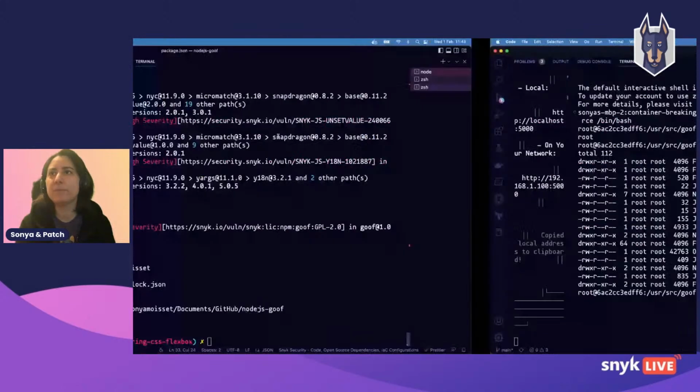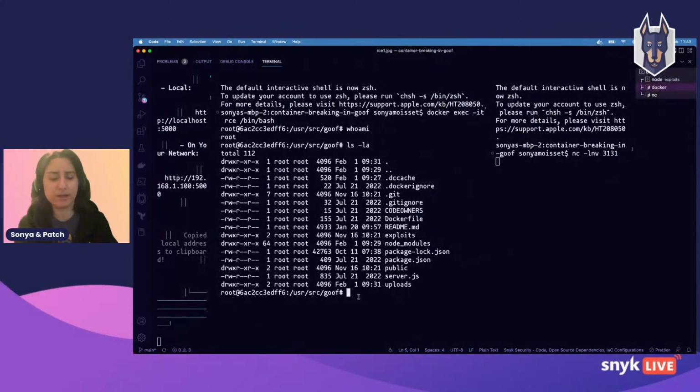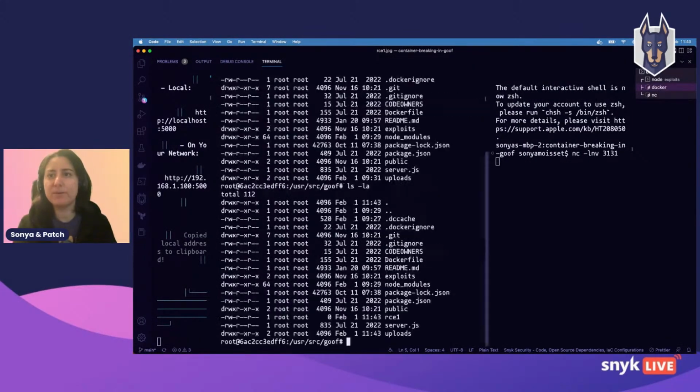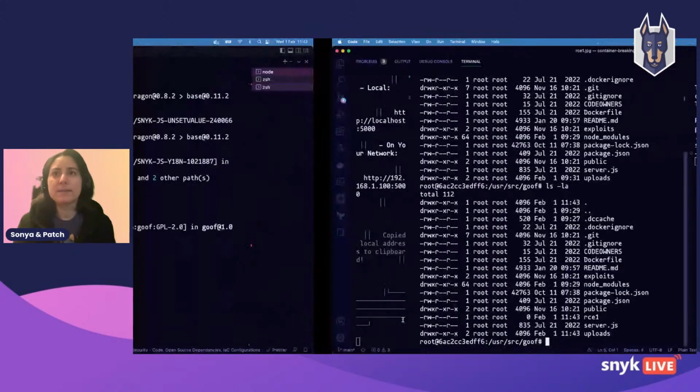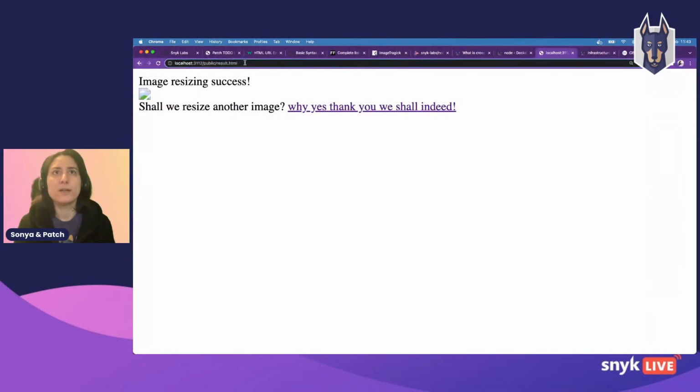Well, let me see what happened here, because I didn't get the image. I got a broken image. So what happened? Uh-oh. File has been written. RC1. Okay, that's not great. Let's try the second payload. I'm just going to go back to the front page.